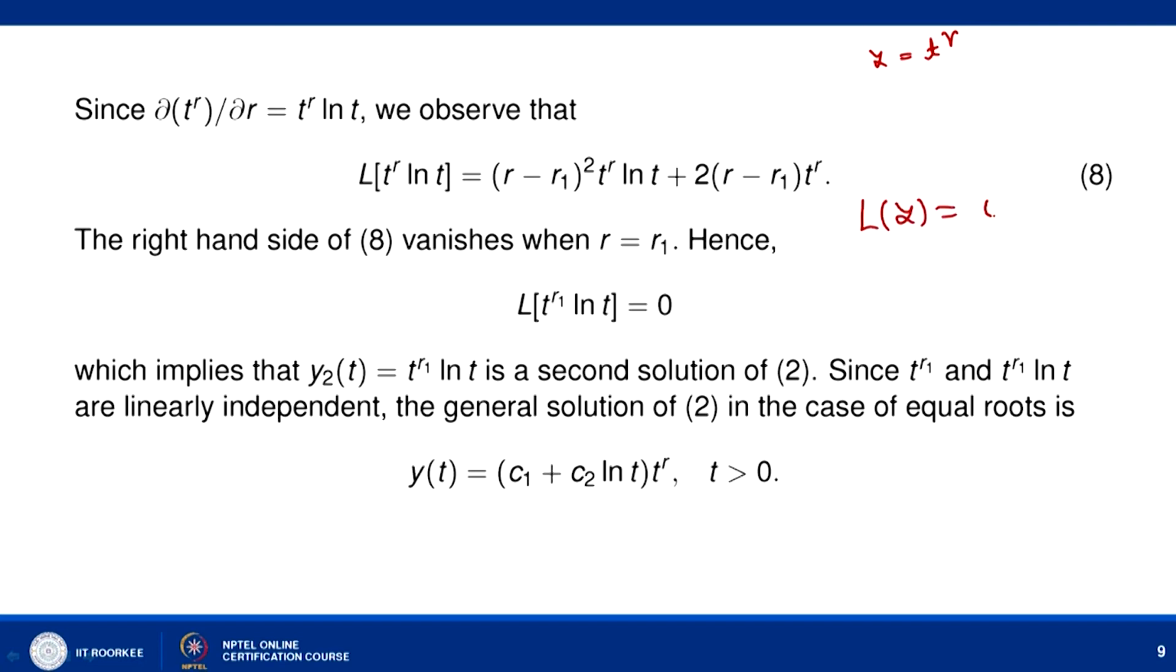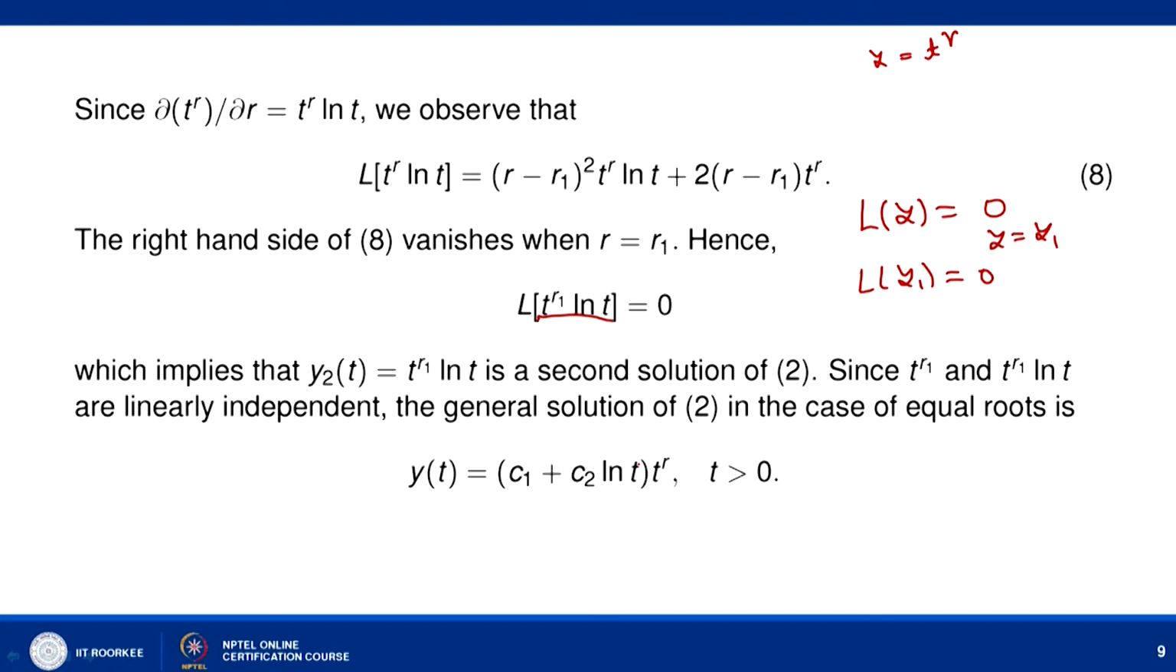When we consider Ly equal to 0, we say that y equal to y1 is a solution of this operator equation if L of y1 comes out to be 0. So, we can say that y1 is a solution of this equation. Here we say that L of t to the power r1 ln t is equal to 0. So, it means that t to the power r1 ln t is another solution of the differential equation Ly equal to 0. Since t to the power r1 and t to the power r1 ln t are linearly independent,